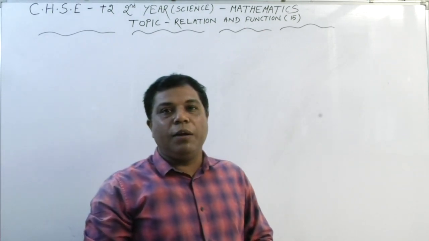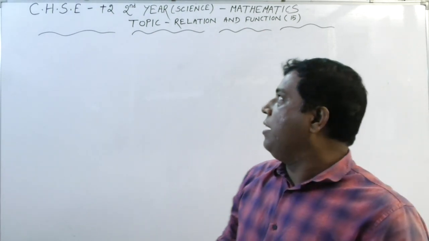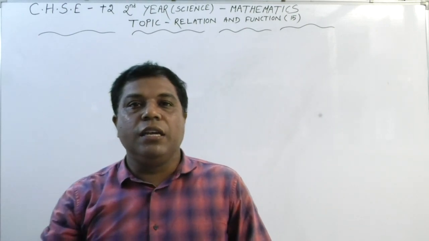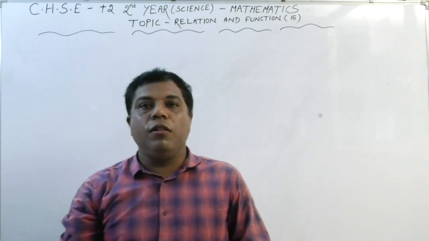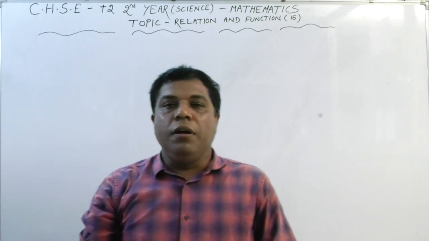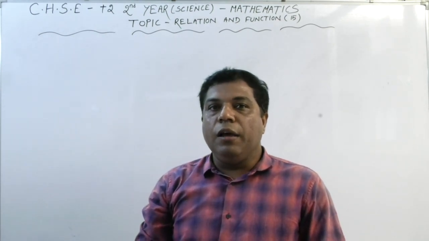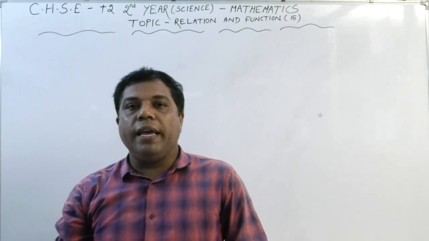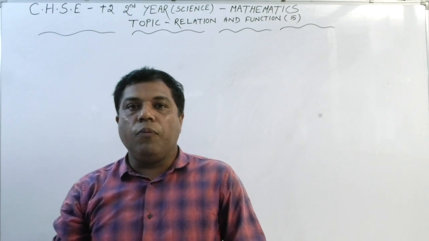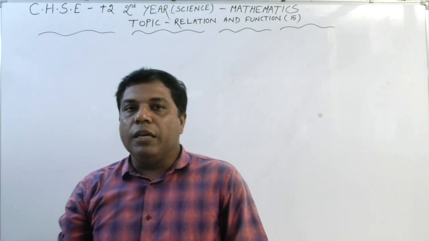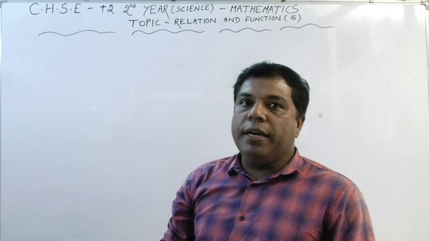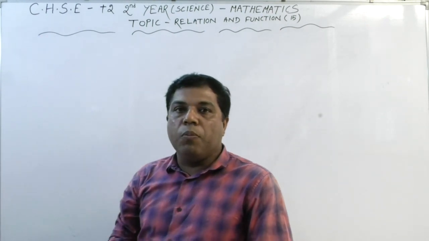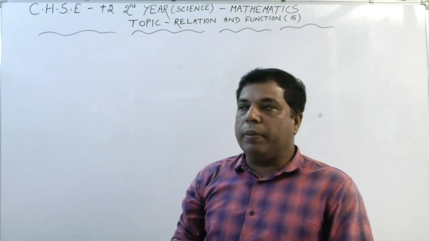And today we have to discuss the chapter Relation and Function. Already in our previous classes, we discussed all the theories related to the chapter Relation and Function. And now we are moving to some of the exercise problems of our chapter. So we are going to read exercise 1B from our book Elements of Mathematics.